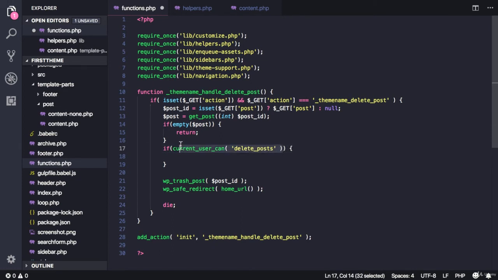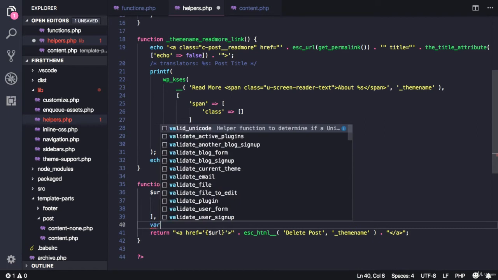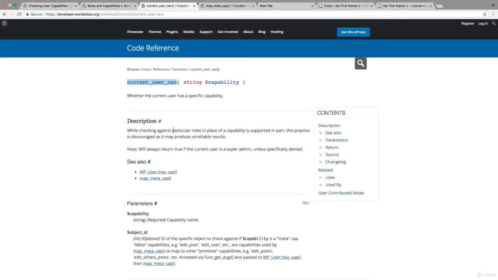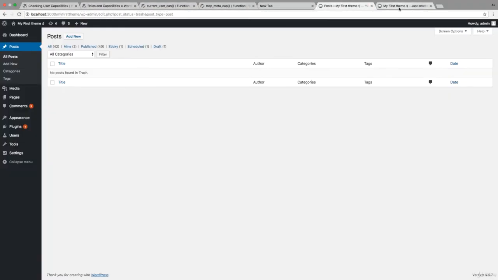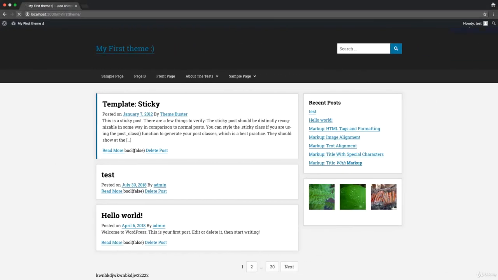Let's actually try and see what this will output. Let's write in the place where we output the link. Let's var dump this, what will be returned from this, and let's see our posts. So as you can see, it returns true, and that makes sense because this is an admin, so he can delete any post. And here it returns false because this is a subscriber and he does not have the privilege